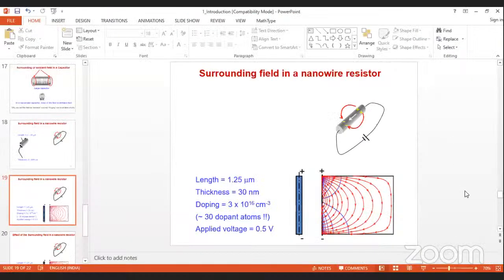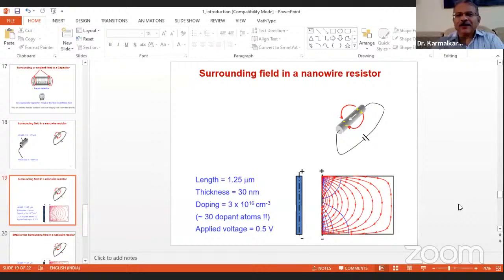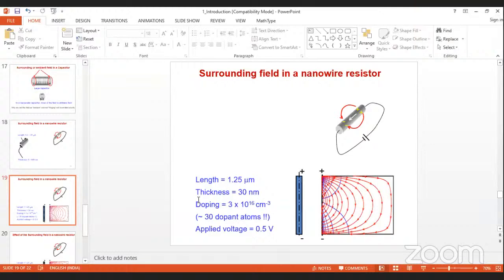Is there any particular formula applicable for nano devices especially? No. In fact, whatever I'm asking you to do doesn't require special knowledge. It only requires that people understand the meaning of doping, of course. If you don't know what doping is, then you cannot answer the question. But what does doping mean? There are impurity atoms. Doping is nothing but impurity atoms.